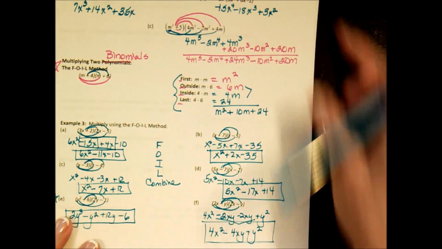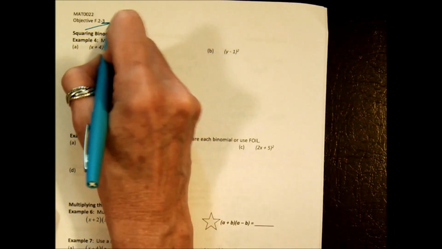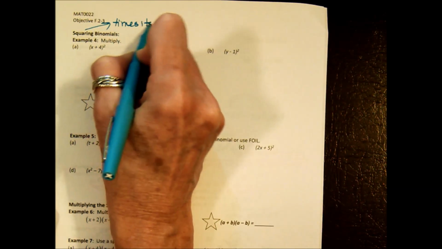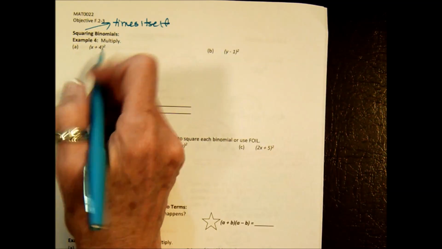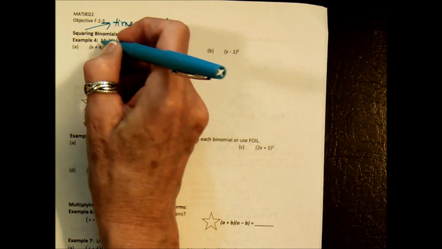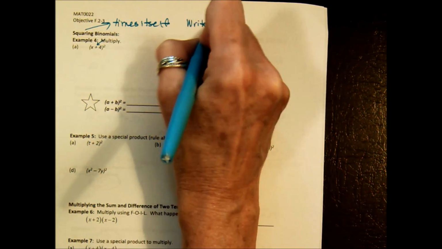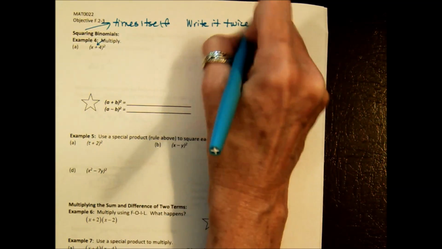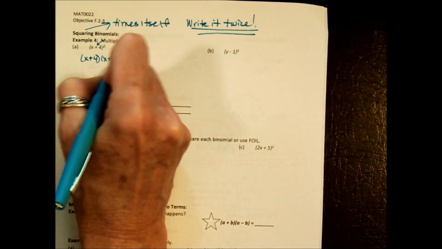And we're going to look at a little bit more of that on this second page, where we have a section called squaring binomials. Squaring means times itself. So here I have x plus 4 squared. And although it's tempting to think that that's just going to be x squared and 4 squared, it is not. Because of that plus, what you have to do is write it twice. So we're going to write x plus 4 times x plus 4, and now we're going to